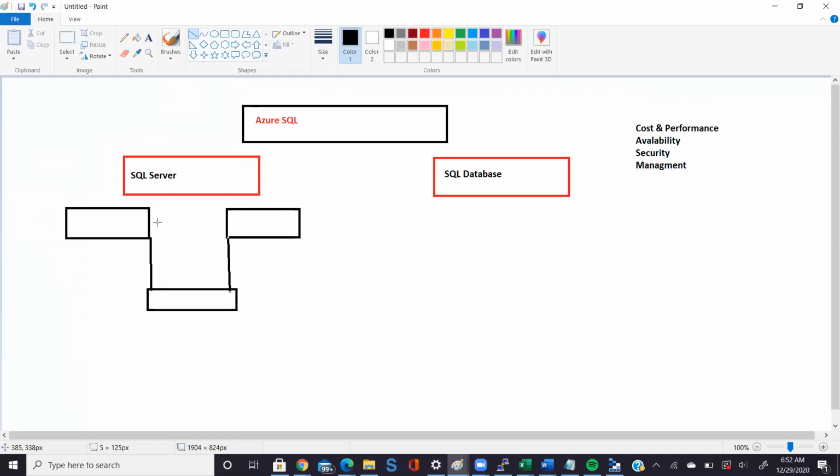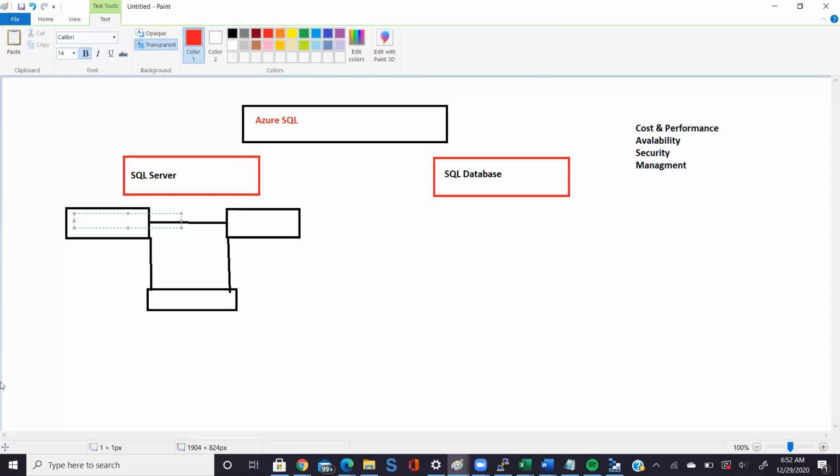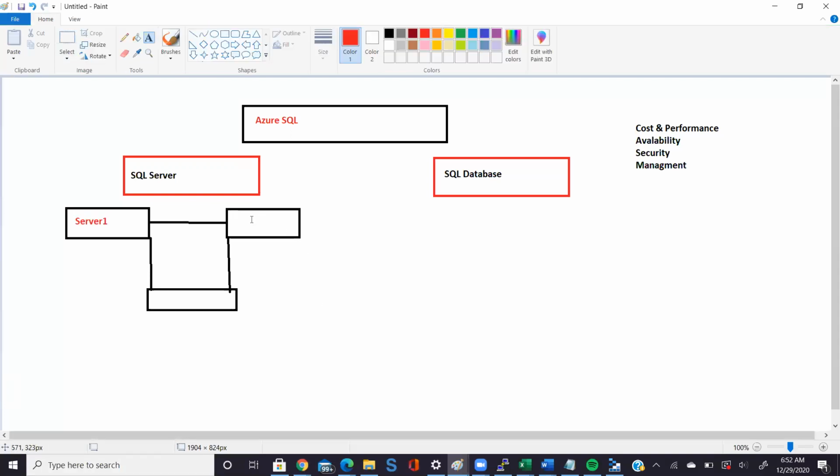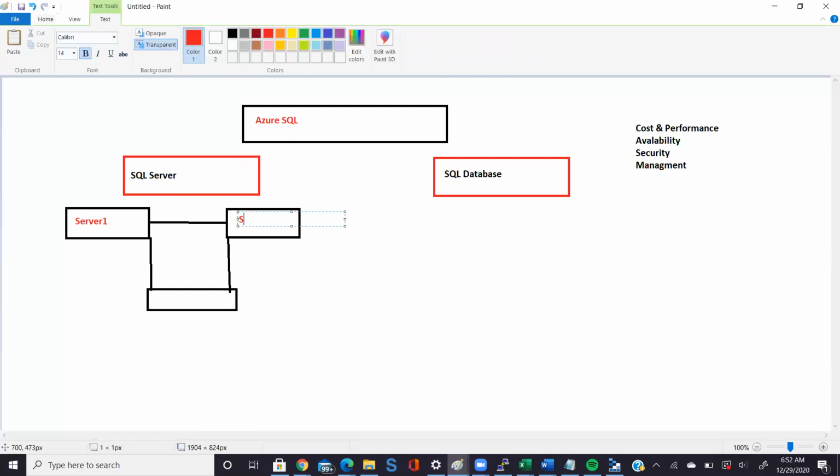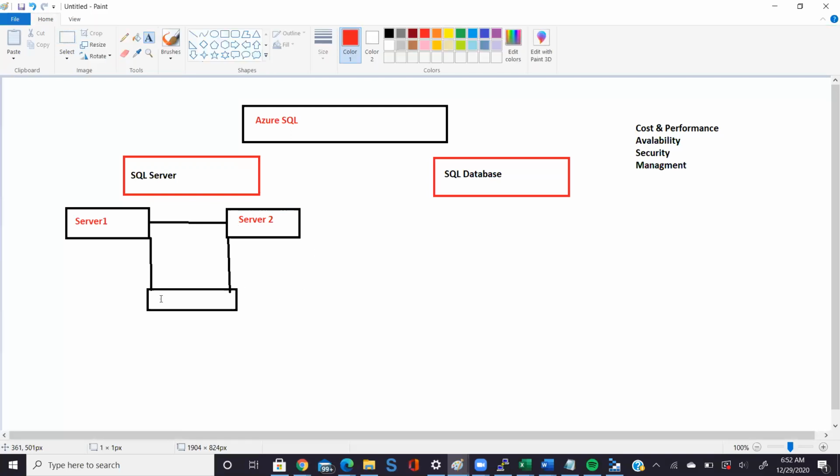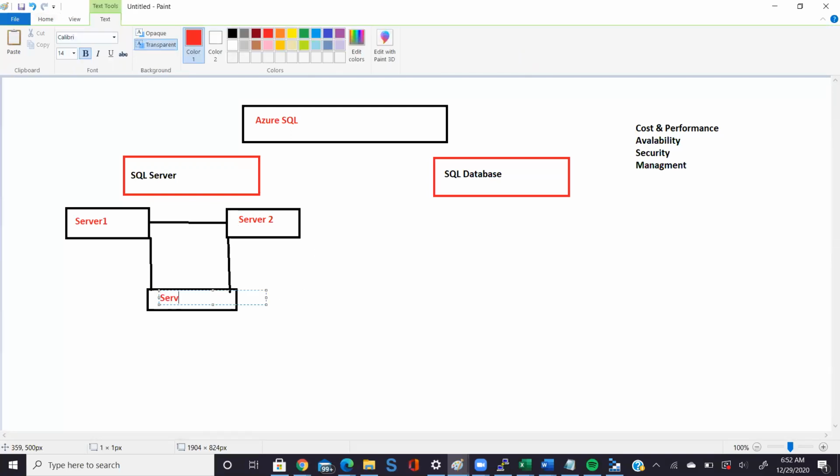Your data will not be lost. All these servers might be in different zones.